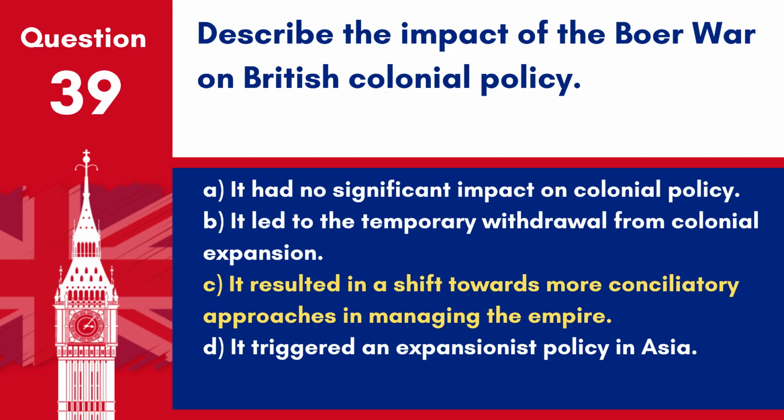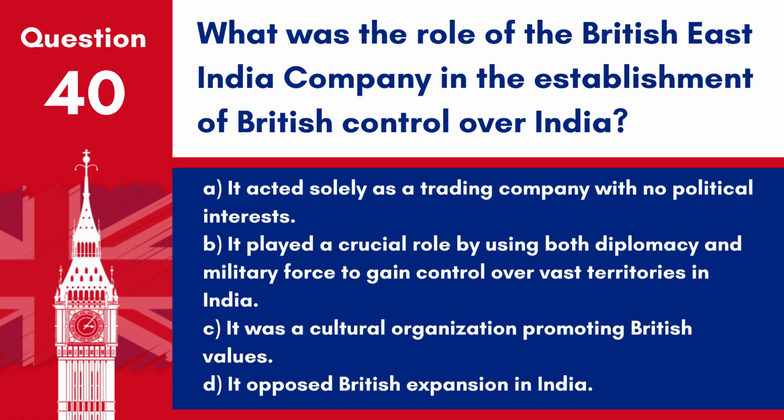Answer C. It resulted in a shift towards more conciliatory approaches in managing the empire. The Boer War exposed the limits of direct military control and led to changes in the way Britain managed its colonies. Question 40. What was the role of the British East India Company in the establishment of British control over